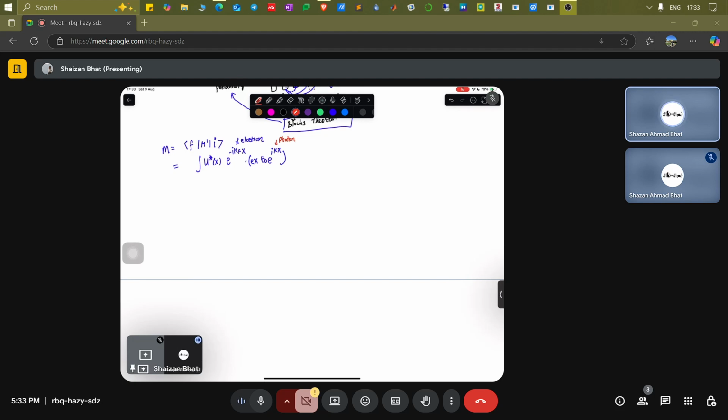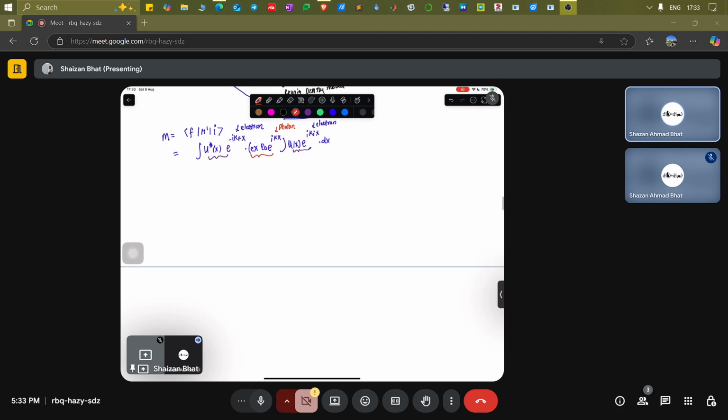Don't mix up all the k's. And you have one more term which is u of x e to the power i k_initial x into dx. So this one is again for the electron, because these are the wave functions. This is a wave function part, this is a wave function part, its complex conjugate, and this is the perturbing Hamiltonian. Now there is some constant, let's call that constant A, and in this A we will absorb all the constants, let's say the electronic charge, E naught, and other things. So this A contains all of the constants.